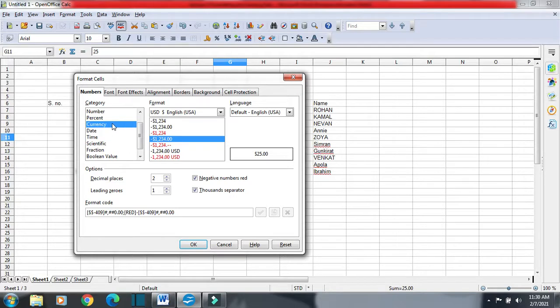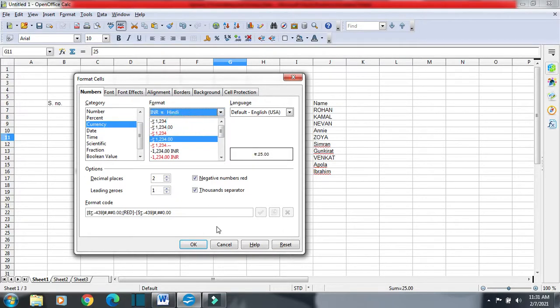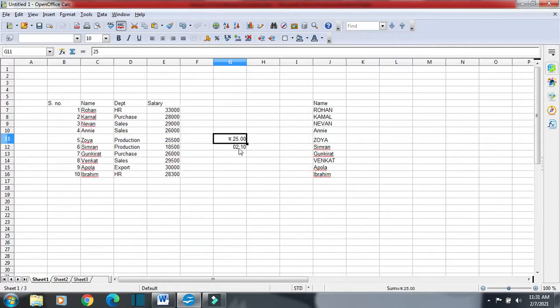In currency I can go for US dollar, or I can go for any other currency value. Suppose Indian rupees, INR. Just click on OK, and you can see we have got the formatting, 25 rupees with the rupee symbol. Still, 25 will work as a number and we can use it in calculation.